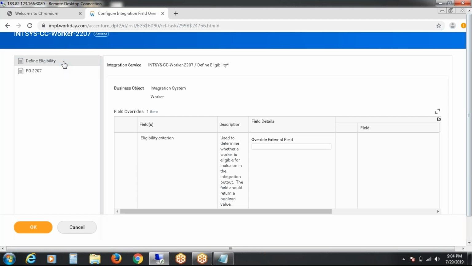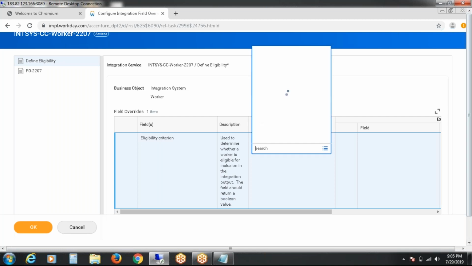Here the eligibility criteria is a Boolean value. What is meant by Boolean value? It will give a true or false condition. So if you want active employees, you can call active employees here. If you want any other marital status based employees or only female gender employees, you can call accordingly.